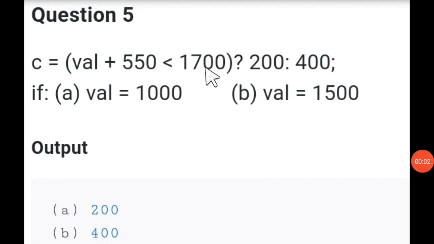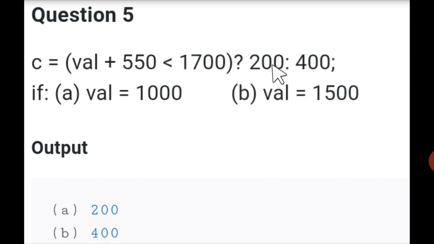So students, here you see C equal to val plus 550 less than 1700, then question mark 200 colon 400. Here the type is not mentioned of C, but it is going to be integer type or int type, because the values which are going to be stored or assigned to the C are both of int type.